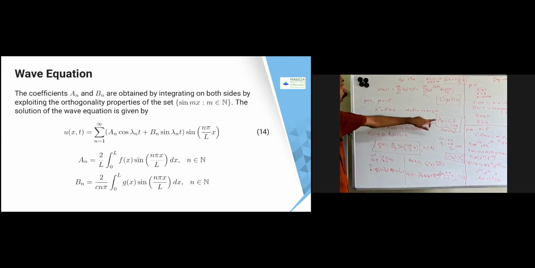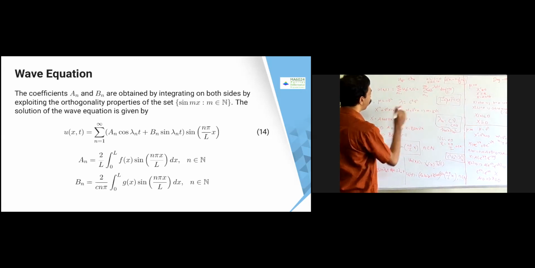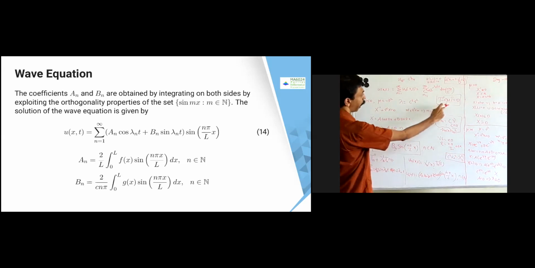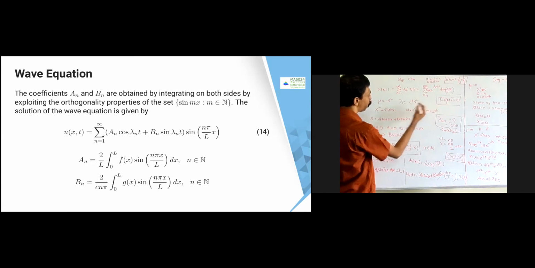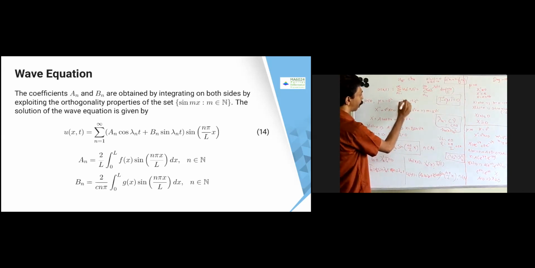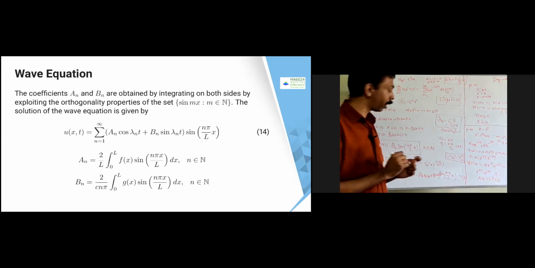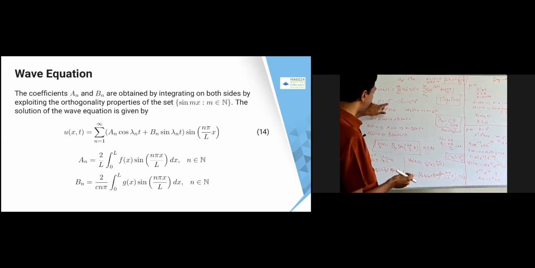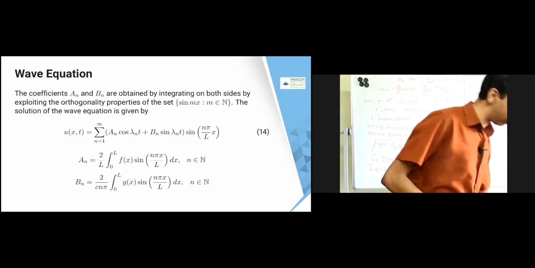Because if you substitute it over here, mu is positive here. Once you are substituting here, what will it become? Lambda is going to become c square mu square. But what is our mu here? Here I have a minus sign. Okay, mu is nothing but minus mu square. Therefore, if I substitute it over here, minus lambda square is going to come. Okay, this minus, don't forget this minus. That's the reason we are getting plus here. Is it clear? Yes, sir.